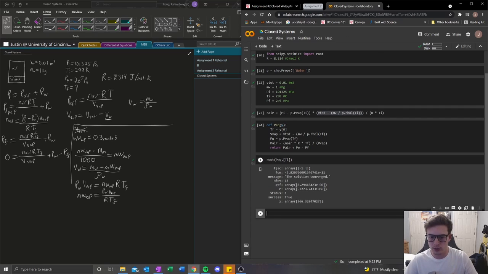Alright, and we see that the solution converged, which means it worked, and we see that our final temperature is at 366 kelvins. So we got the final temperature for our first set of conditions. Now we want to go ahead and code in our secondary conditions, where we don't know the